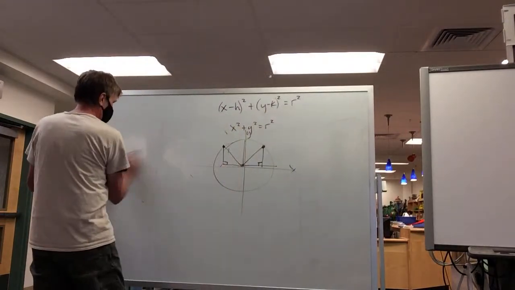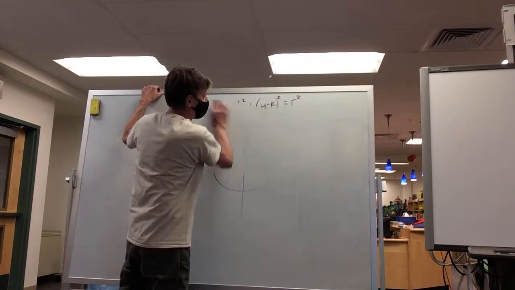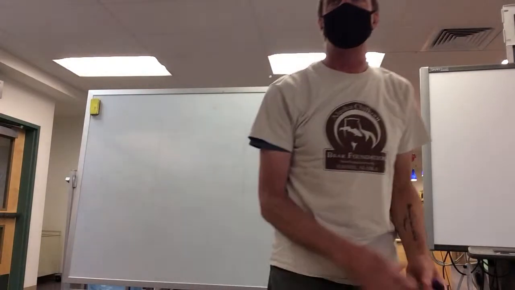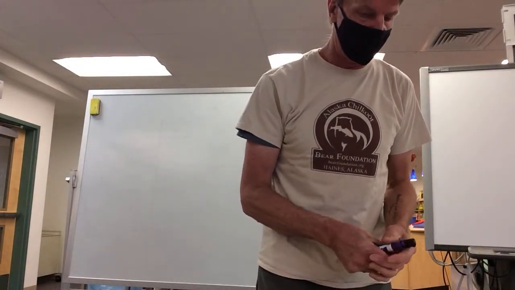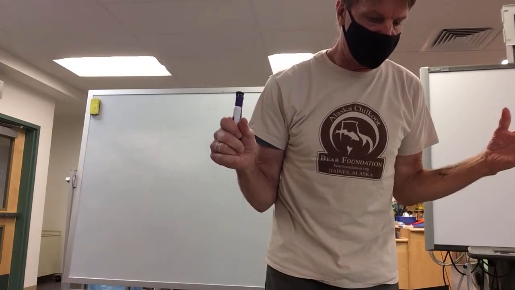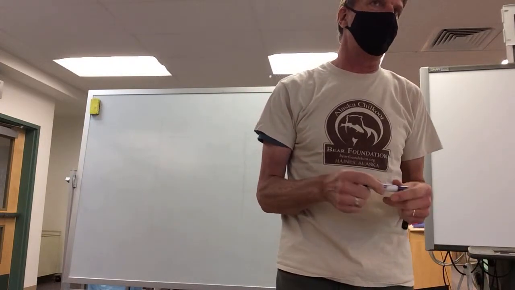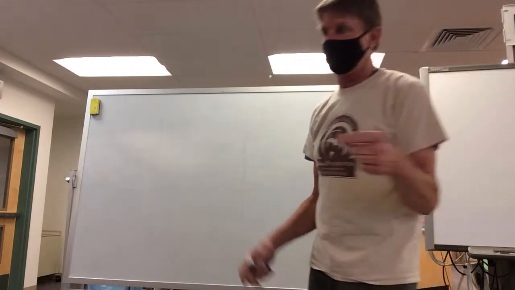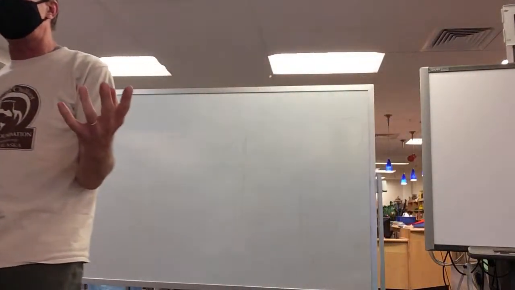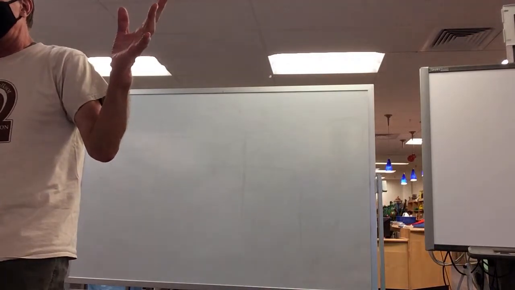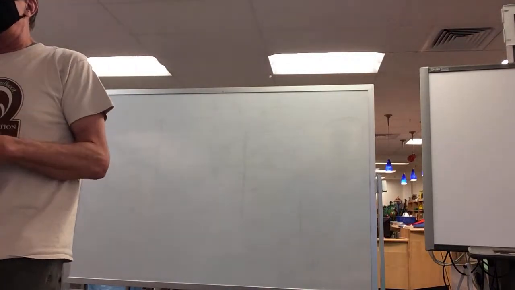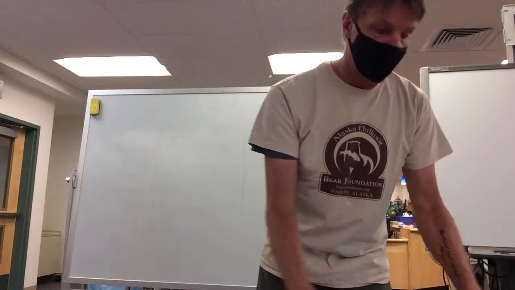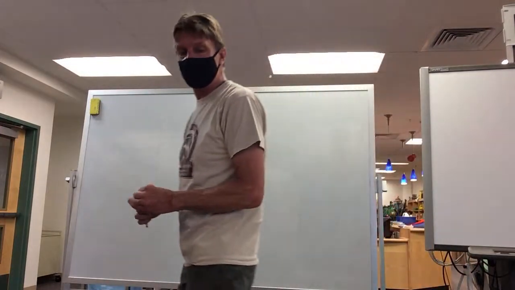So we spend a lot of time with triangles because the relationship between the side lengths of triangles is really important. But as you well know, not all triangles are right triangles, are they? In fact, very, very few are. So we have to be able to look at triangles which are not right triangles and look at their relationships. And we'll eventually get into the relationships of how the angles all relate to one another, how you can find angles based upon side lengths, even if they're not right triangles, how you can come up with side lengths if you know angles. All of that is coming. But first off, a little bit of similarity. Side, side, side similarity.